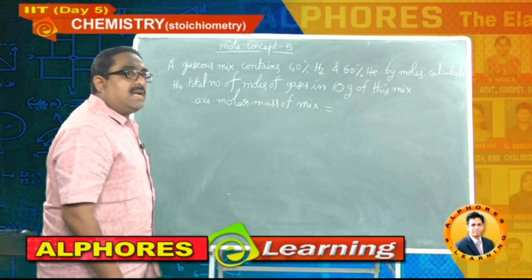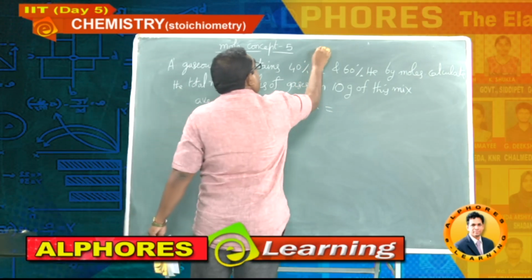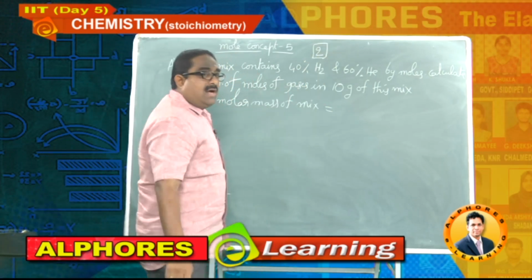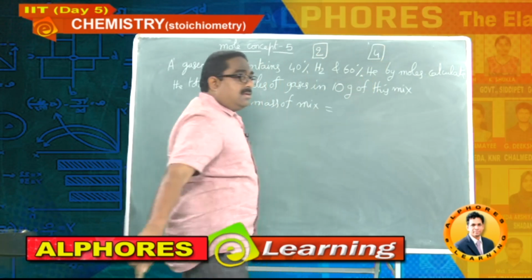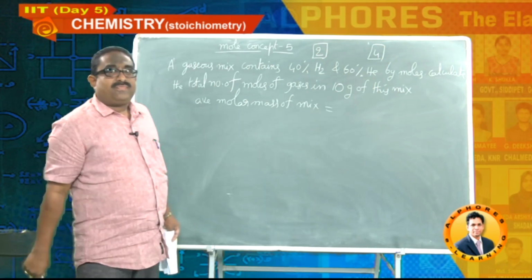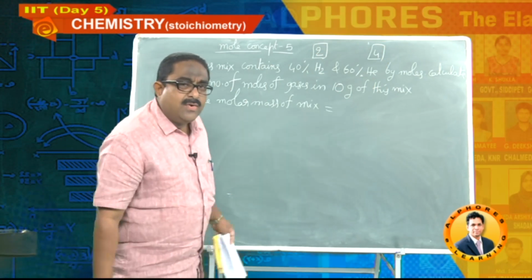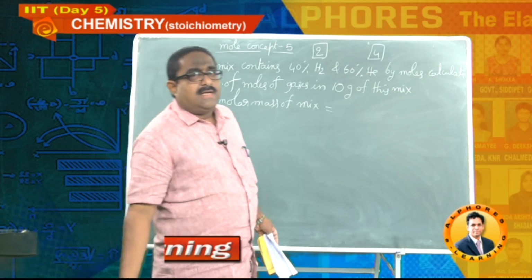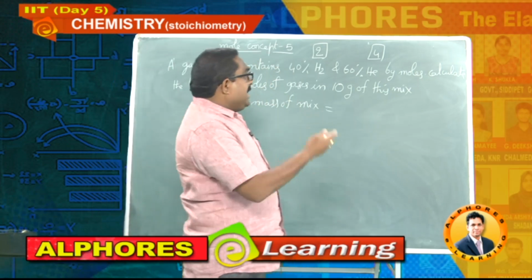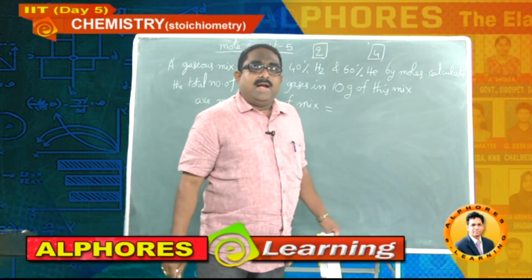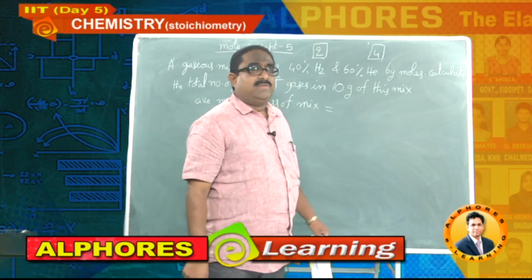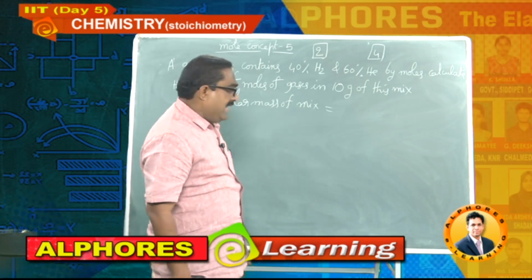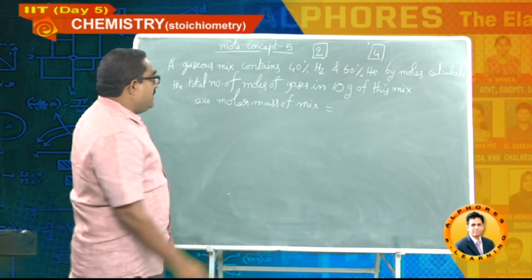40 mole percent of hydrogen. Molar mass of hydrogen is 2 into 1, and molar mass of helium is 4. In the case of helium, whether it is GAW or GMW, it doesn't matter, because helium can exist independently. So there is no difference between atom and molecule, and there is no difference between atomic weight and molecular weight. So both are same. Okay.